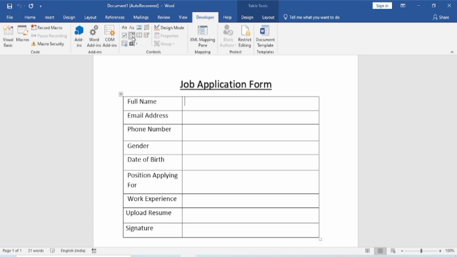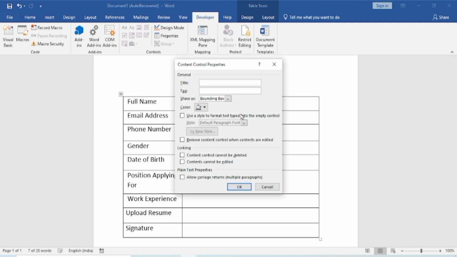Here, I am choosing Plain Text Content Control. Now people can enter their name in text format. Click on Properties for customization. You can choose how the field needs to be shown in the form.